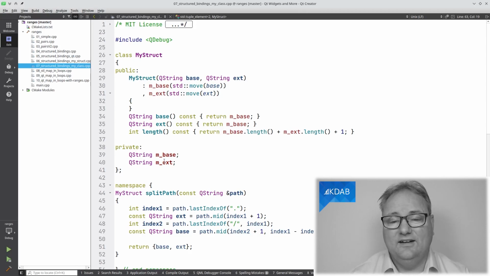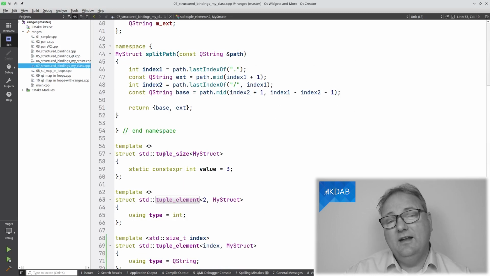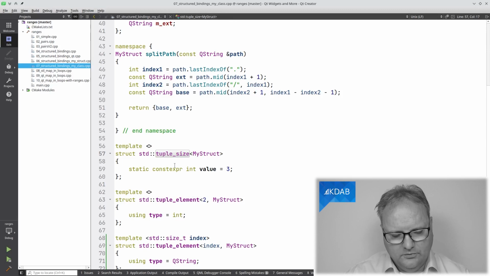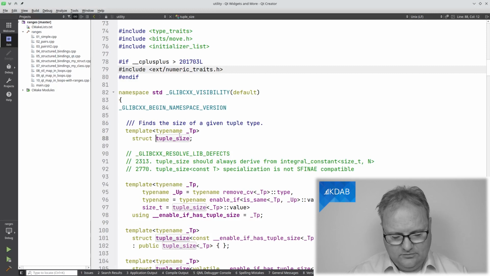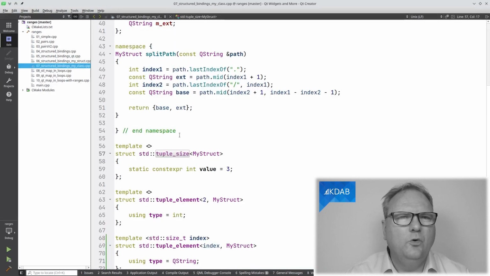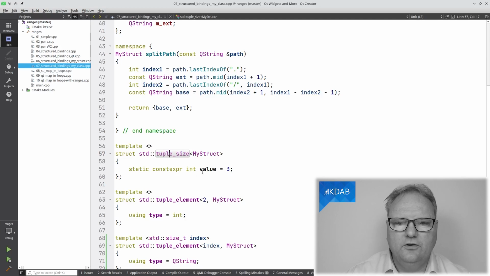So let's get started. The way that it works is that I will implement, first of all, a template specialization on this tuple_size. And if I just press F2 here, you can see template, typename, TP, and I'm in utility, so that's something that comes with C++. Template, typename, TP, struct, tuple_size. There is no implementation of that. That's what I'm specializing here. So struct tuple_size, MyStruct, and I must return the